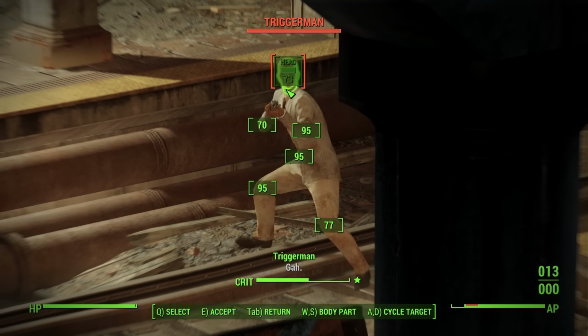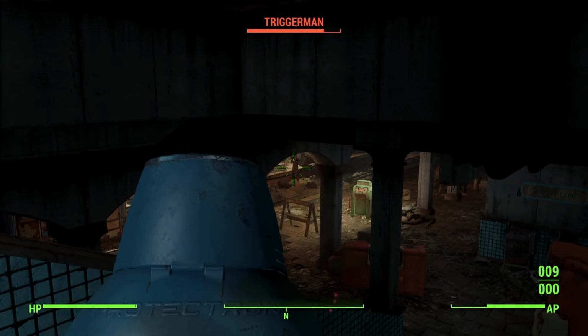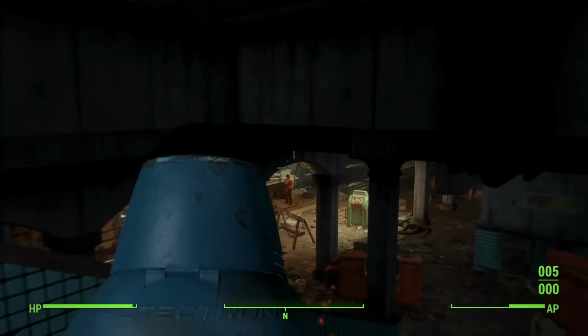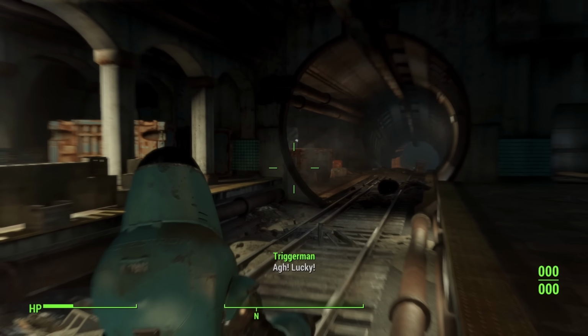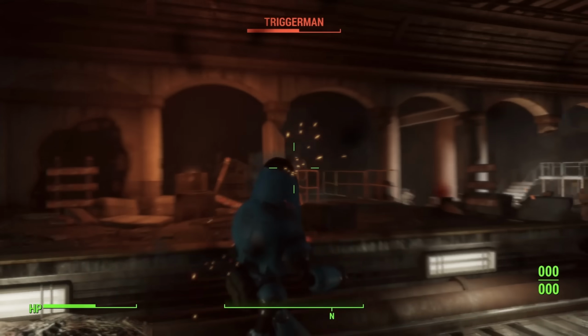I head deeper into the subway and things go well. I manage to pick off the large group of triggermen one by one using VATS, but I run out of ammo and no longer will be able to use VATS, which worries me as this dungeon has been incredibly difficult in past runs. I take a quick pit stop to sleep in a bed and get my health back before